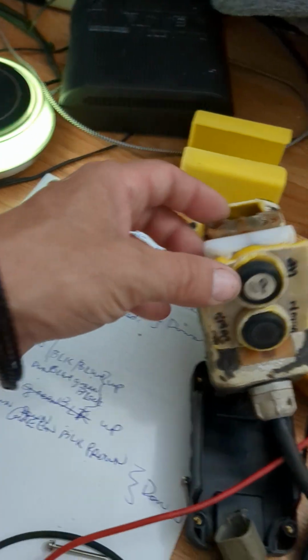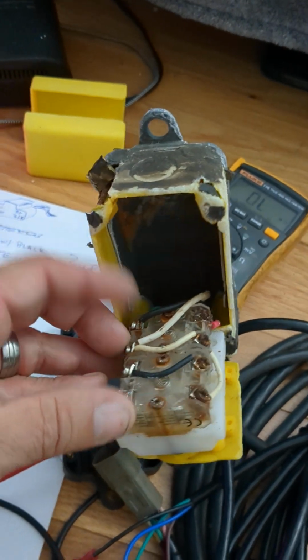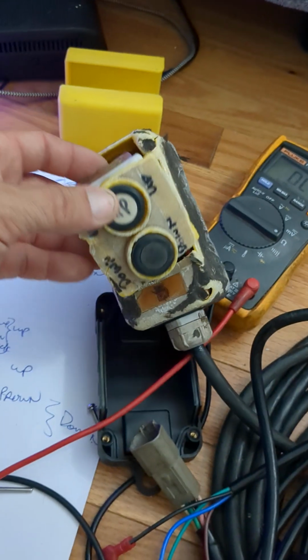So I'm thinking this might be useful to people that have these controllers on their dump trailers. This one has seen its end of life. Water's getting in. It's crap. Anyway, so you got up and down,